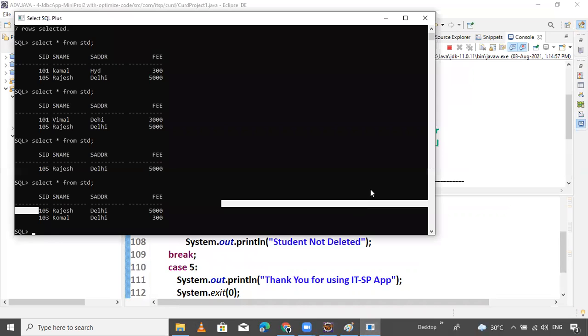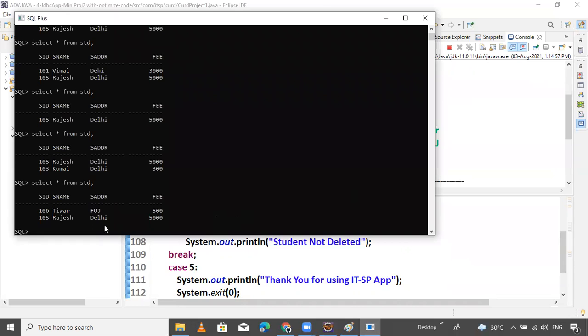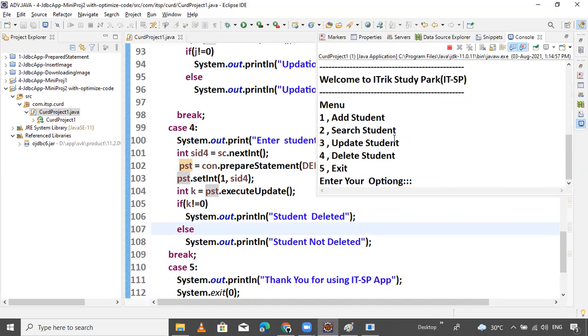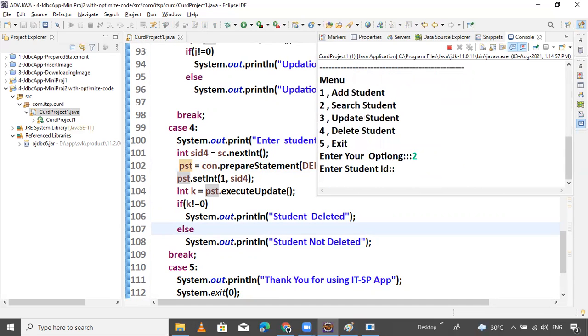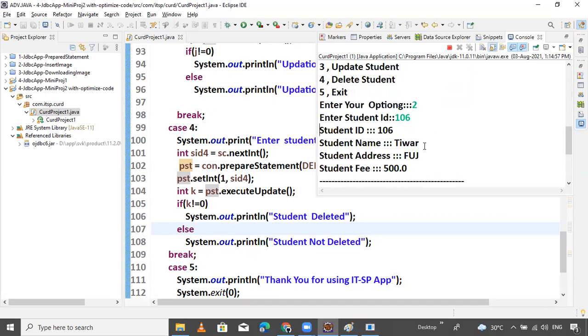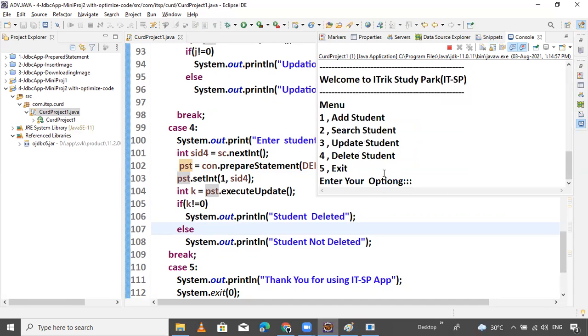Let's check. Is 106 Tiwari inserted or not? Tiwari is inserted. Again it's asking the same. 106, Tiwari, FUJ, 500.